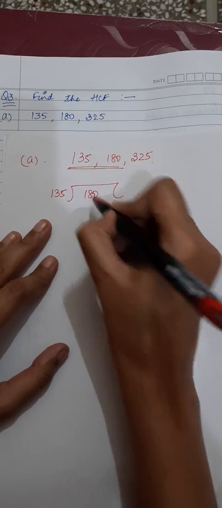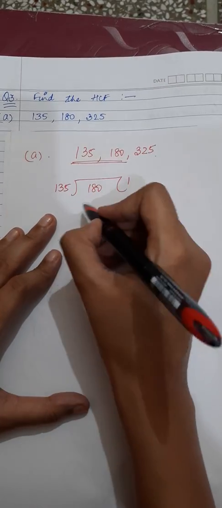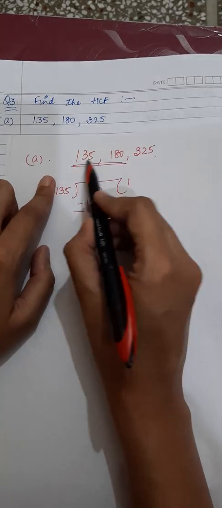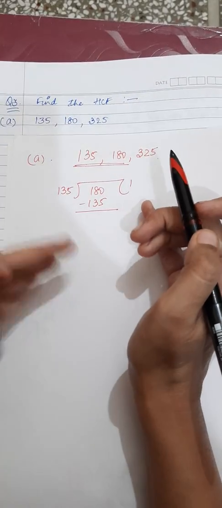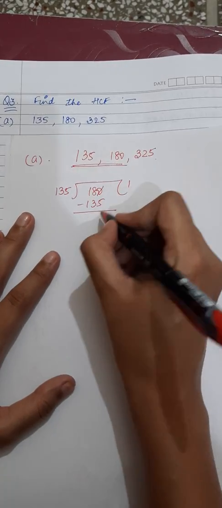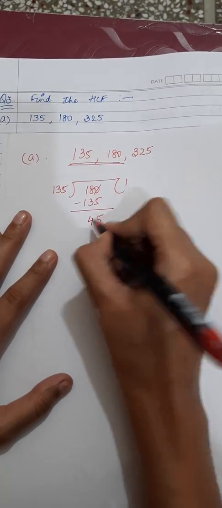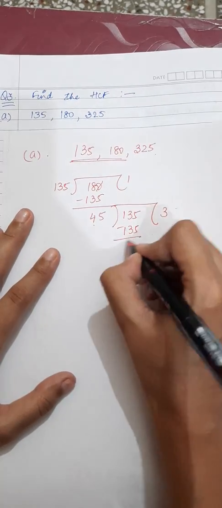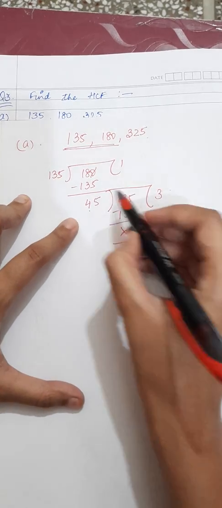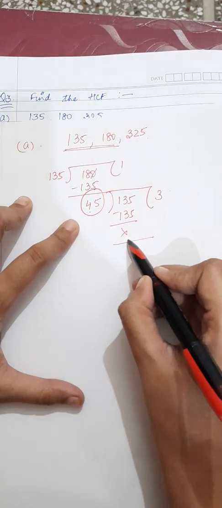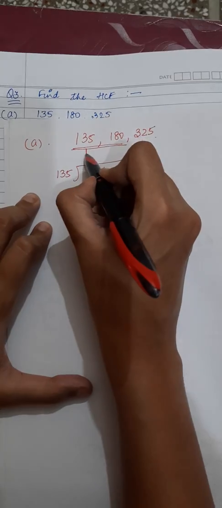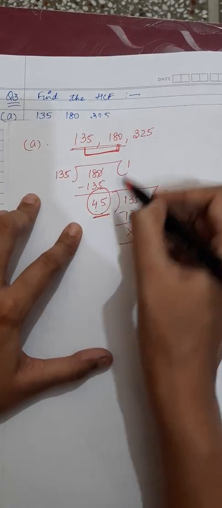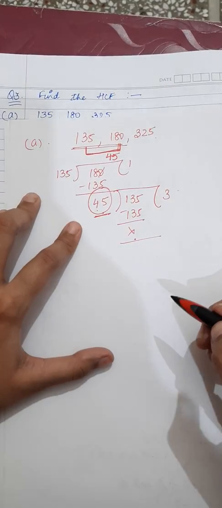135 and 180. Okay, then 135 ones are 135. Simply the way we have been doing in question number 2, how to divide, how to find the HCF of the 2 numbers, the same way we are going to proceed. 10 minus 5, 5, 7 minus 3, 4 and 135, and this will go on 3, 45 3s are 135. Okay, so now I got to know that this 45 was able to give me the remainder 0. This means of 135 and 180, HCF came out to be 45.